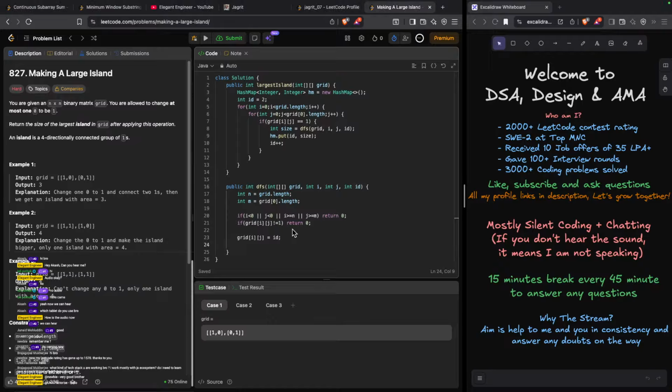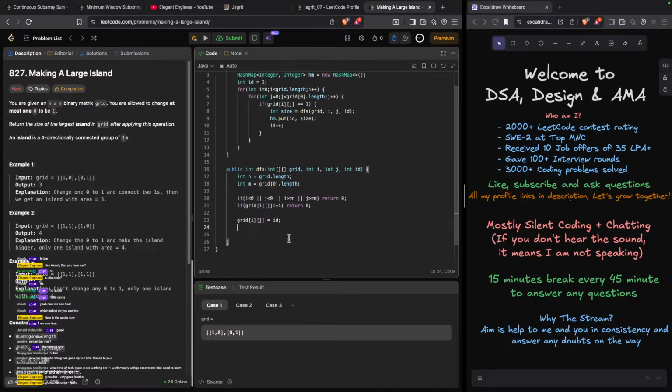So now once you have given it an ID, you can basically do the same thing for its 4 neighbors, right?